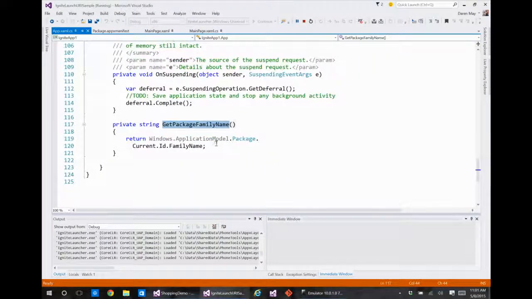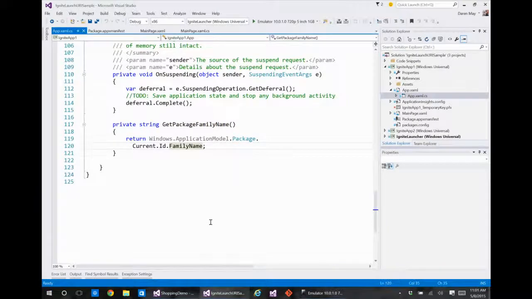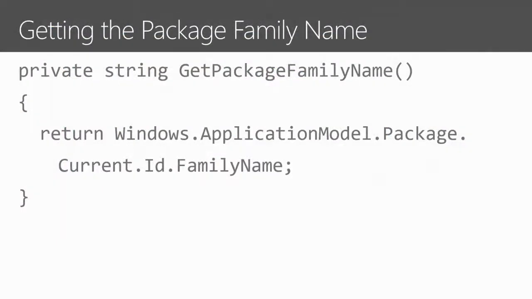If we go and look at this code, it's pretty simple and straightforward. We just call Windows.ApplicationModel.Package.Current.Id.FamilyName. Okay? Again, that's why we have IntelliSense. So there's no magic there, and this isn't a secret.